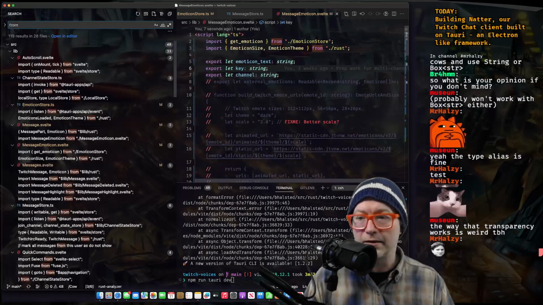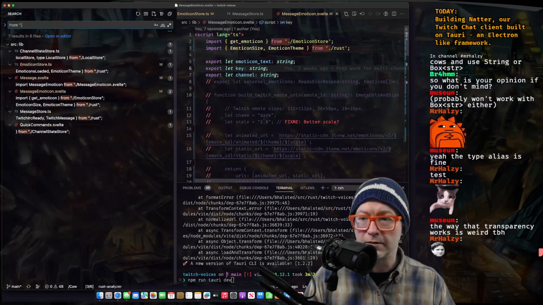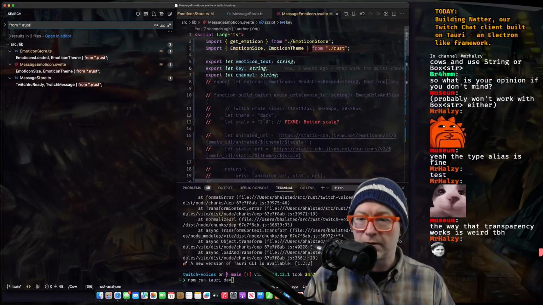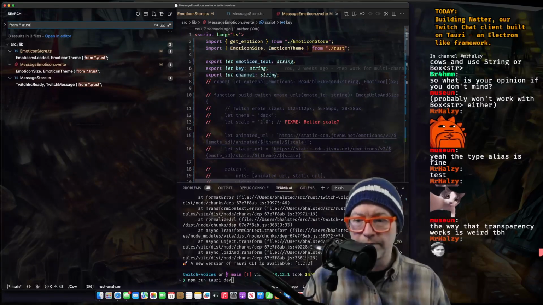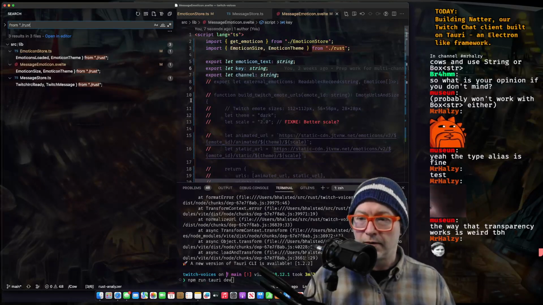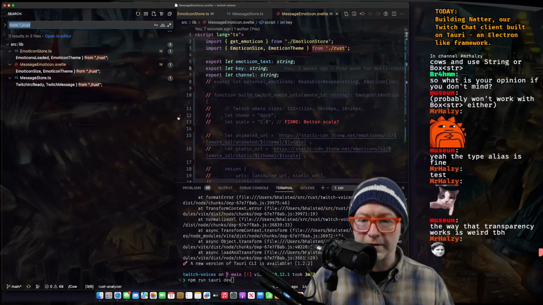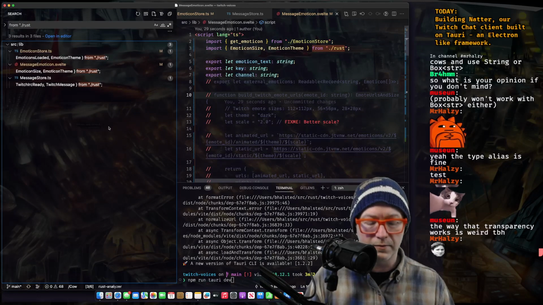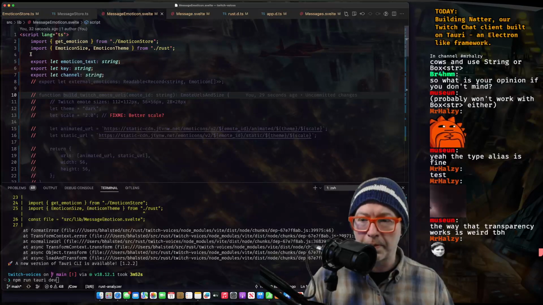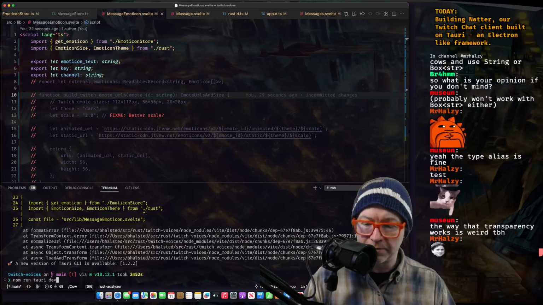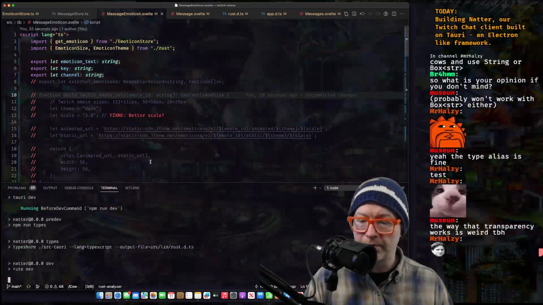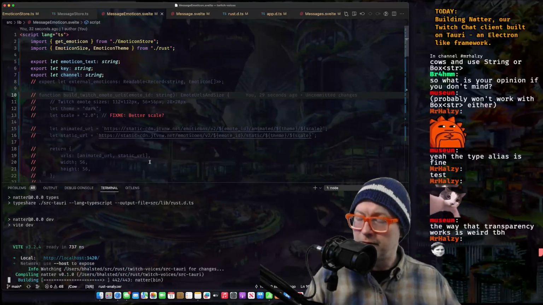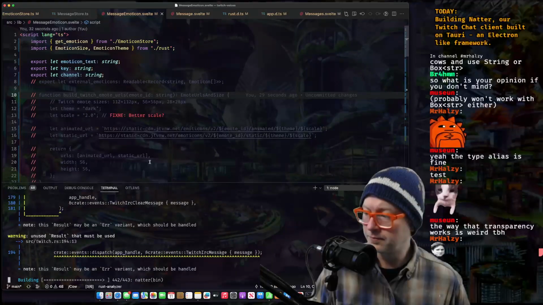Not exactly like that, but from colon, okay, rust. Hopefully it's not the type piece. One more time. Feels like we're getting much, much closer.